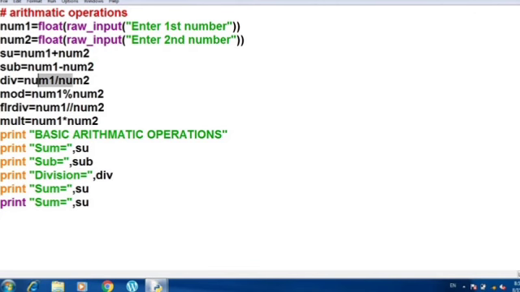And then for the modulus operator, I am going to take the value from the mod, and then for floor division I will take the output from the FLRDIV. So this is the variable name. And for multiplication, again, let's write multiply, and the variable is MULT.